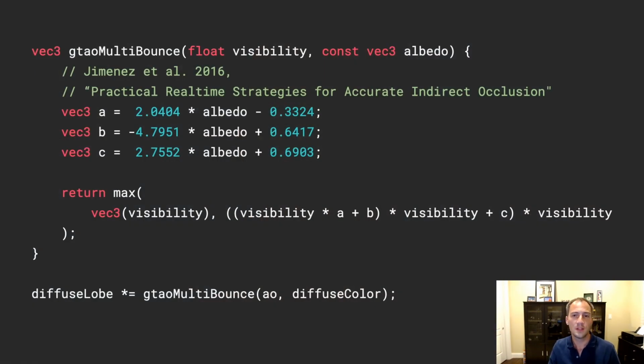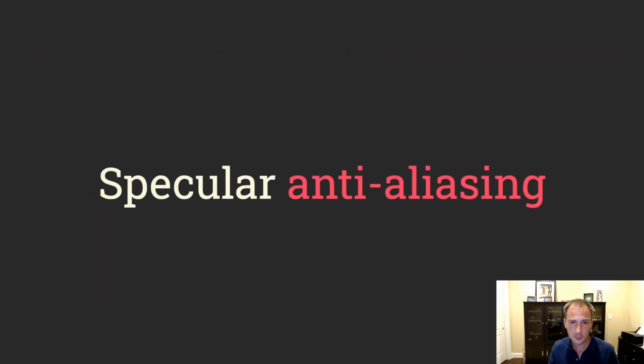Because their solution simulates bounces of light, it also simulates global illumination locally, so we can get some of the color back from the object itself. The implementation is just a polynomial fit. So it's extremely simple, really easy to implement, very easy to integrate in your renderer, and it's definitely worth having. It is optional in Filament. You have to enable it per material, but you might decide to turn it on all the time.